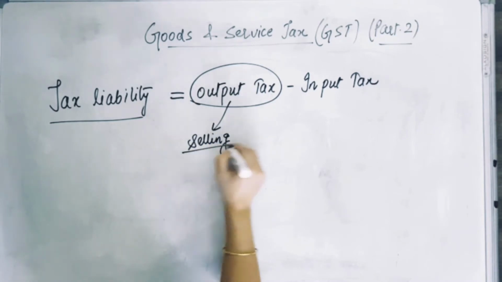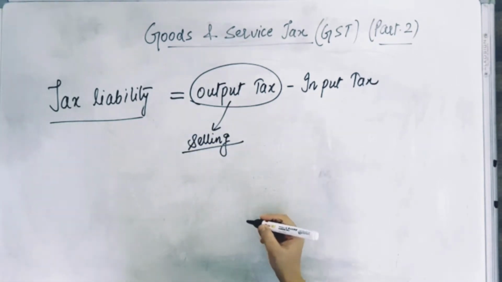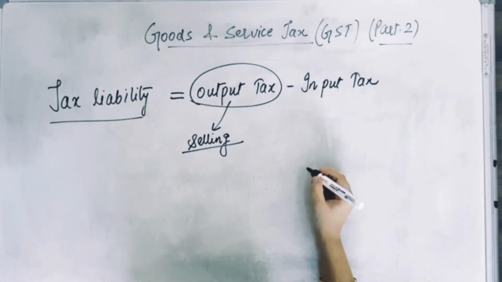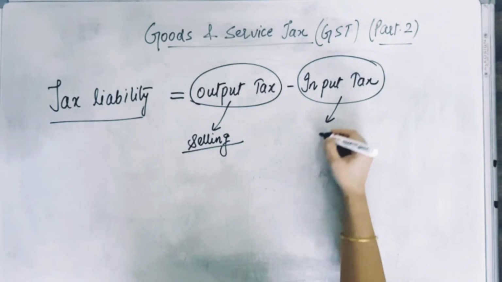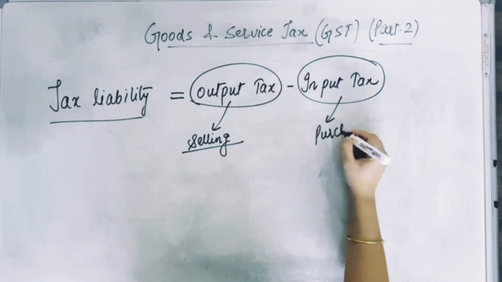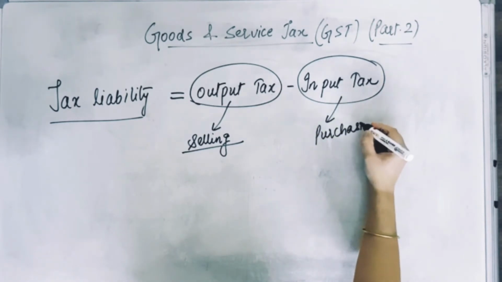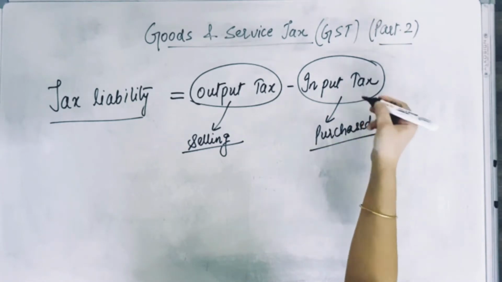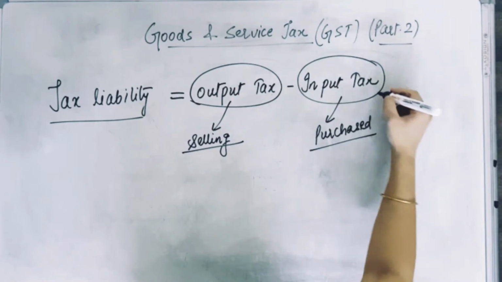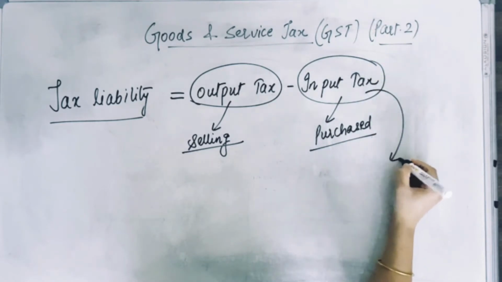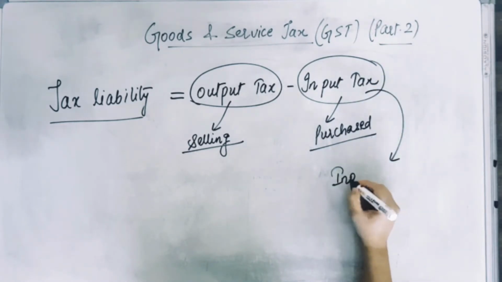That means on the sale of goods and services, the tax which is to be paid is output tax. And when we purchase some goods and services, we pay tax at that time also, that is known as input tax, because input tax is already paid, so therefore we call it